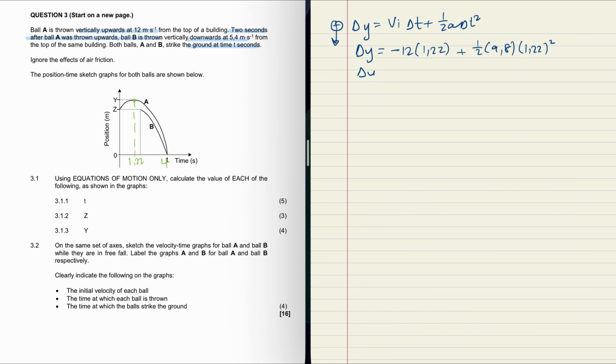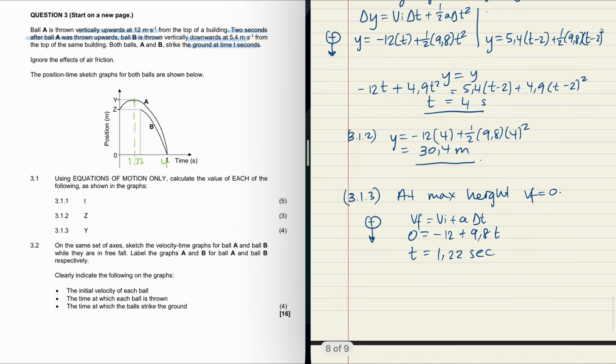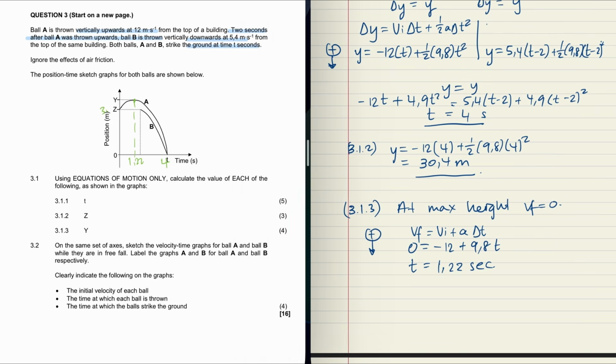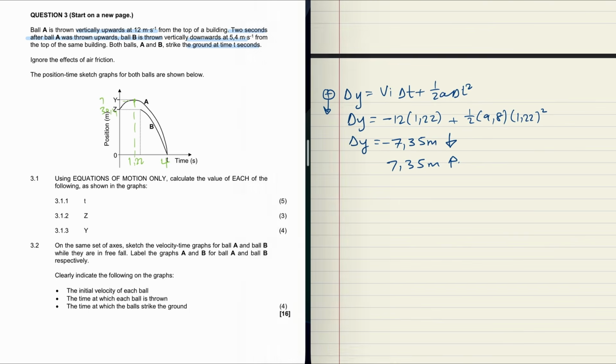And that's going to give me a delta y value of minus 7.35 meters. But remember, this is minus 7.35 downward. So it means that it's 7.35 meters upward. So A was at a height of 30.4. It was then thrown a height of 7.35 up. So the total height, the height at y, is going to equal 30.4 plus 7.35, which is equal to